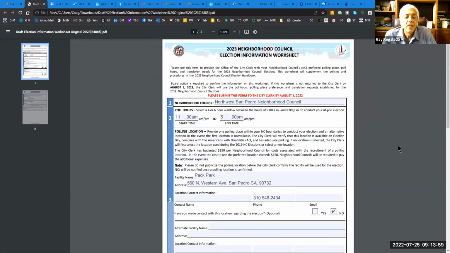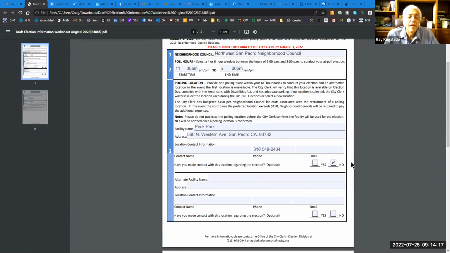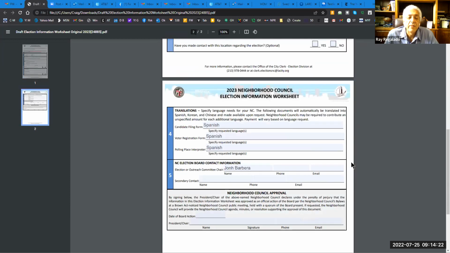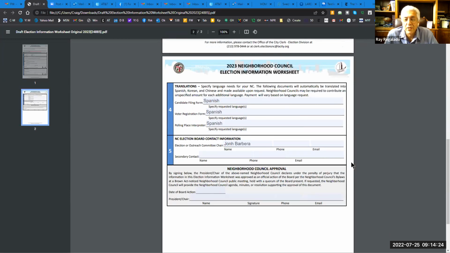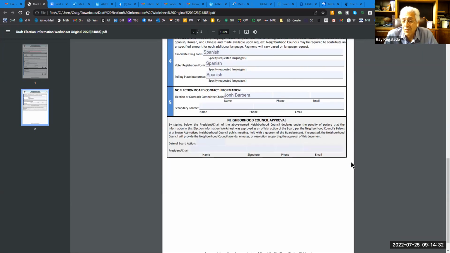Thank you. So just to go over what I put in, but it's completely subject to your approval. The instructions up on item number 2 is select a 4 to 6 hour block. Now, I put in that 11 to 5 piece right up there in that area, only because that's 6 hours. And it seems to me that afternoons might be easier for people to get to than a morning. I don't like the fact that it's just 6 hours that they're limiting us, but that's what I'm doing.